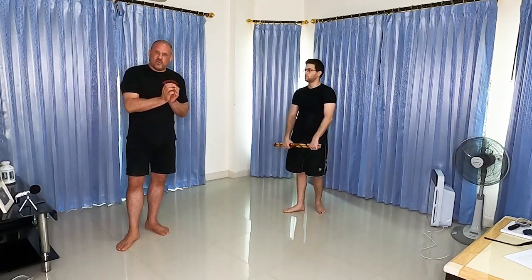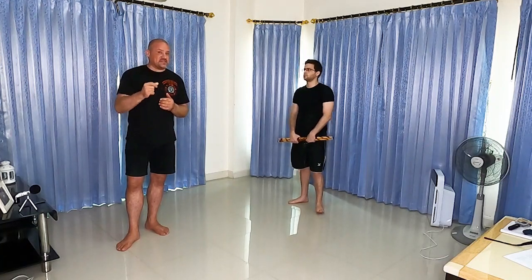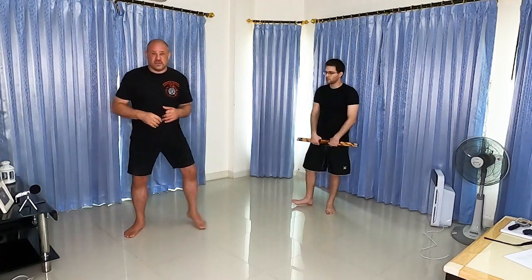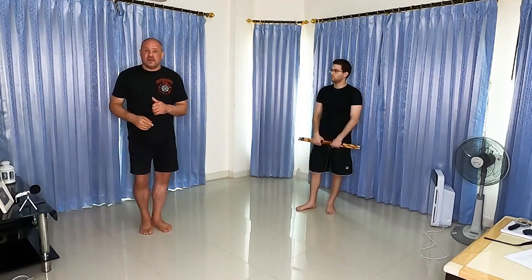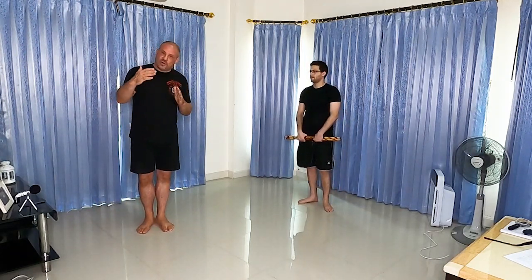But because the footwork is an off numbering pattern from the hands, if we were stepping each time we used our hand, it'd be easy to keep these things measured up. But because we have a 1, 2, 3, 2, 3, right? We have this pattern, but we're hitting 6 shots. We have to keep it smooth so it occupies the same time as the footwork does. Otherwise, if you rush one or the other, you end up pausing and waiting for the other one to catch